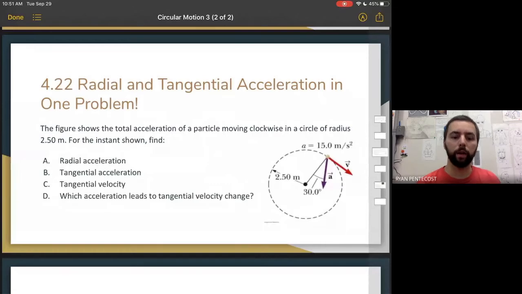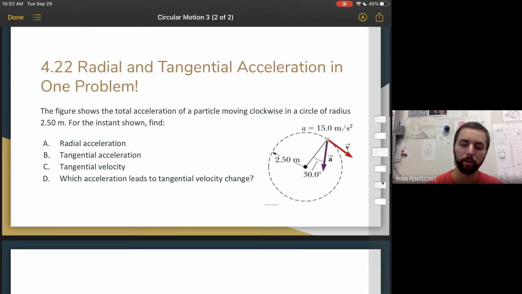All right, next slide. Radial and tangential acceleration in one problem. The figure shows the total acceleration of a particle moving clockwise in a circle of radius 2.5 meters. For the instant shown, we want to find A, the radial acceleration, B, tangential acceleration, C, the tangential velocity, and D, which acceleration leads to tangential velocity change. So start with letter A,